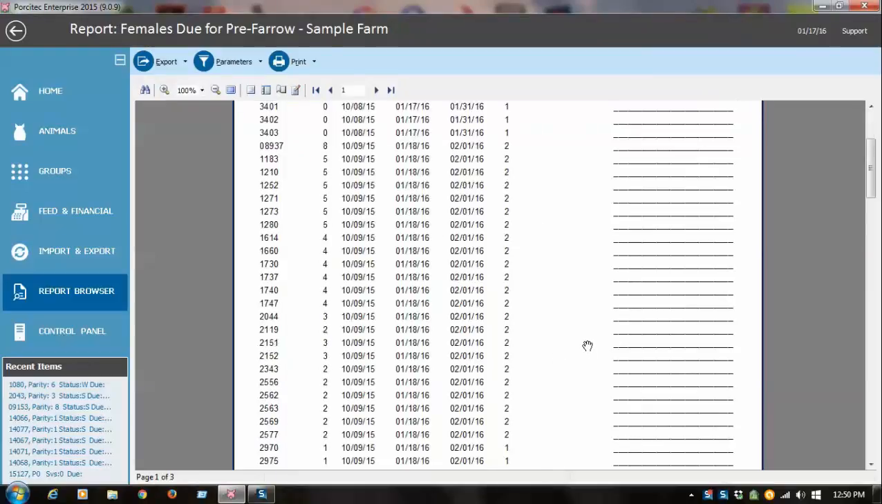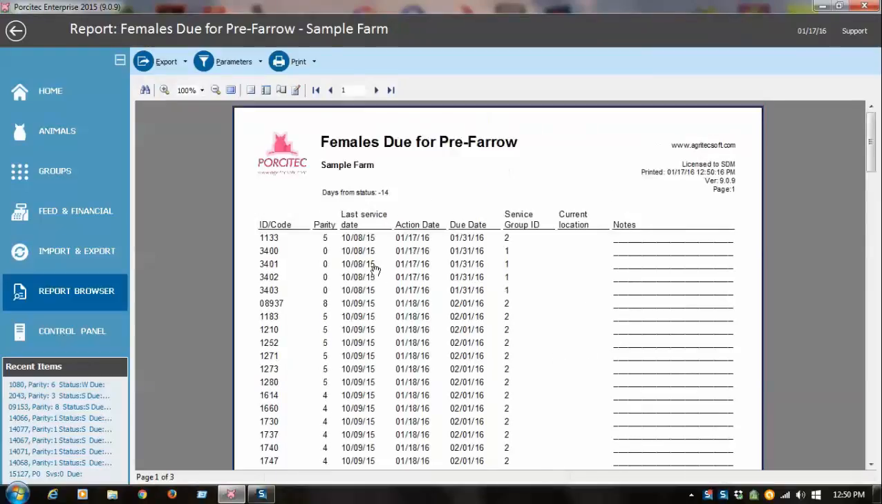there's my list. Shows me her ID, her parity, her service date. The action date is, in this case, her -14 days, which shows right here, her due date and her group number. Now if I want to save that,